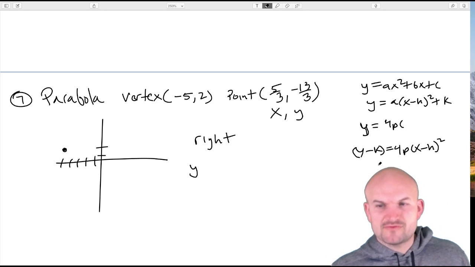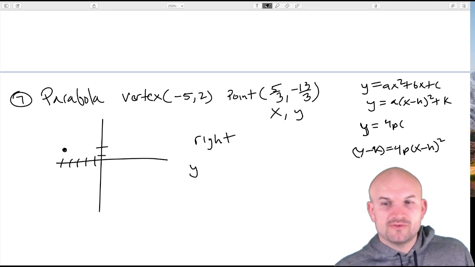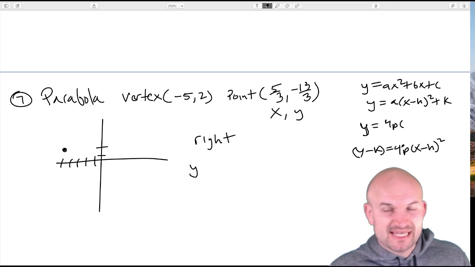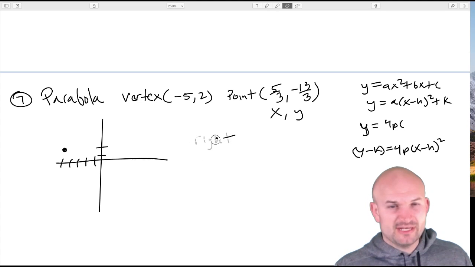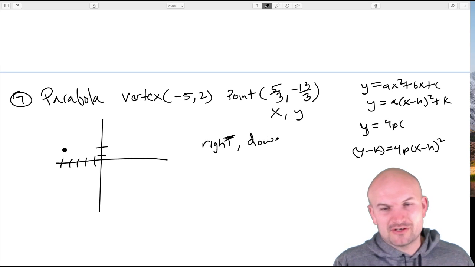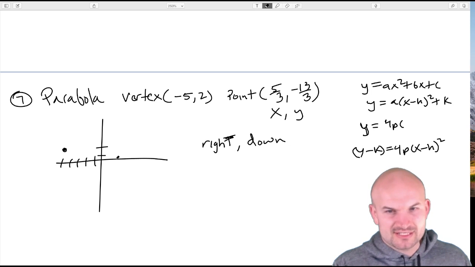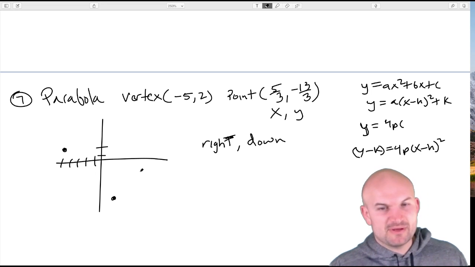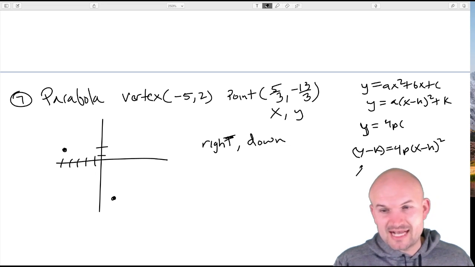The y minus k equals 4p times x minus h quantity squared. So therefore, if it opens down, then that's just going to be our equation. That just means p is going to be negative. So our goal here, it either opens right or down. The student didn't specify, or I didn't read it. One of the two. But it has to open either down or to the right, right? Because this point, 5/3, negative 13/3, is going to be over here, right? So obviously it can't open up or to the left. So it has to be one of these two equations. So also it could be x minus h equals 4p times y minus k.